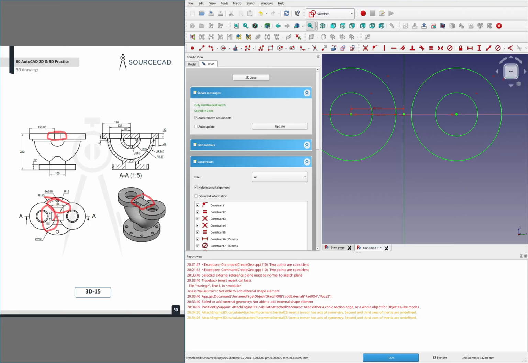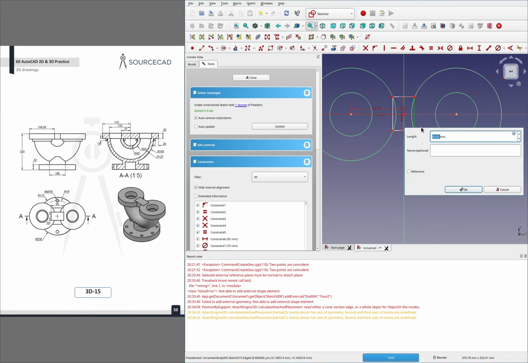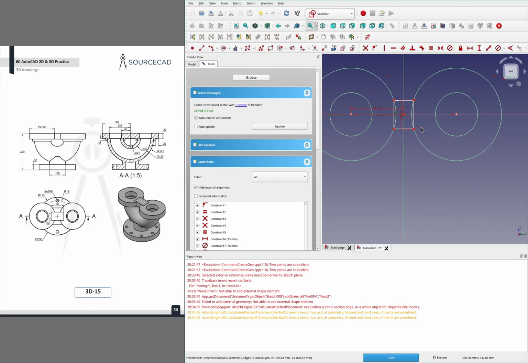I believe that is correct, but we'll see. And once again, with the dimensions on the inside of the part, it makes it very difficult to read. So grab the box tool, put a box there, and vertical is 50, and horizontal,